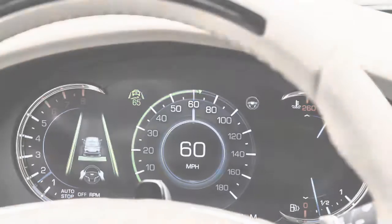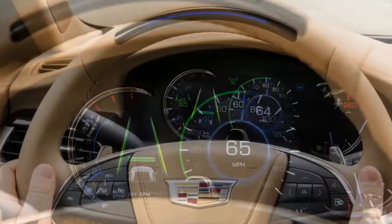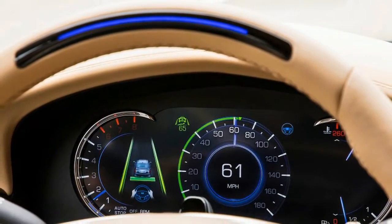Once you're super cruising, the steering wheel LEDs will flash green if the system needs to deactivate for some reason, such as losing sight of lane markings or detecting that the driver is looking away from the road for too long. If these warnings are ignored, the LEDs in the